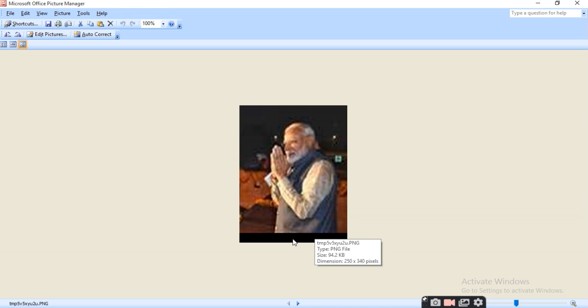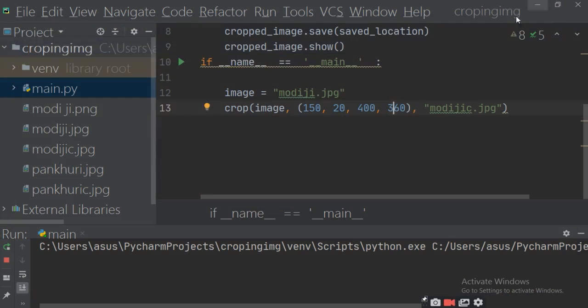You have to remove this portion from top and left. So do it from the top: x should be 30, from left this should be 200,